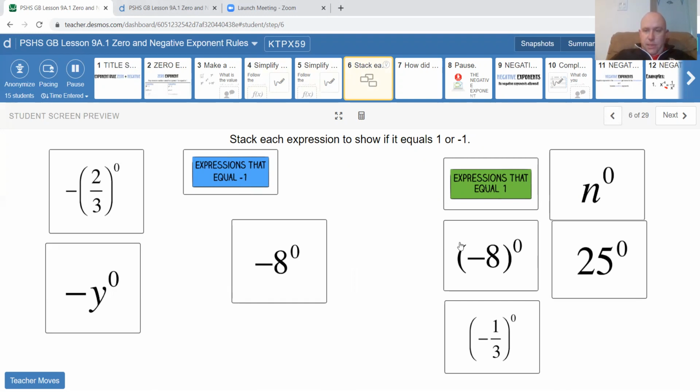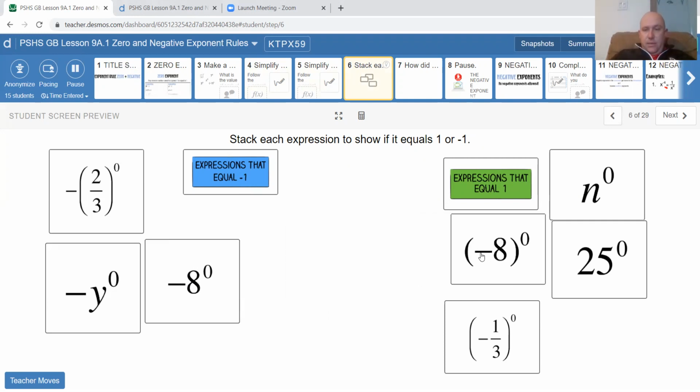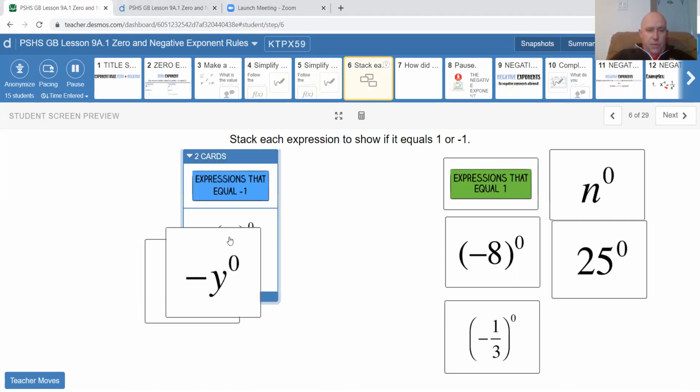So let's look at these two in particular so we can see the difference. The difference for this one is I'm doing a number to the power of 0. This one, I'm doing my order of operations. I'm doing 8 to the power of 0, and then I'm doing the negative of it. So any term that has a negative at the start, basically what I'm doing is this is 1, therefore the answer is negative 1. So notice if the negative is at the start of the question, it equals negative 1. If the negative is inside of parentheses, then that's fine. That doesn't change the answer. That means these would all be 1. If I just go ahead and join them all together now,